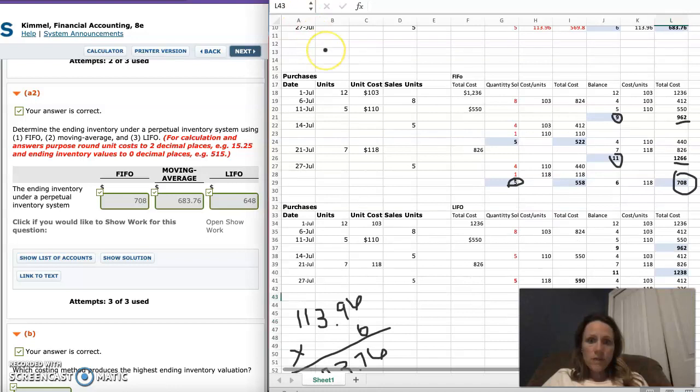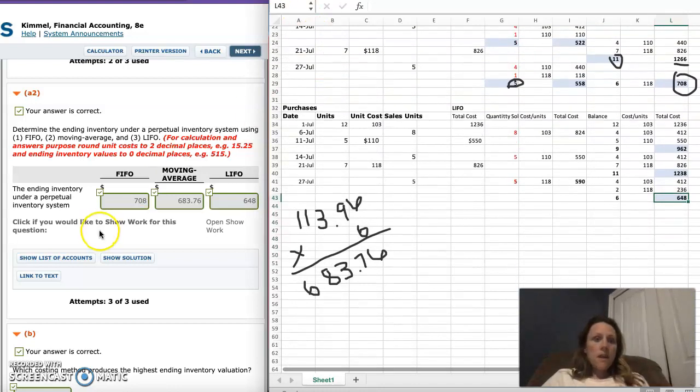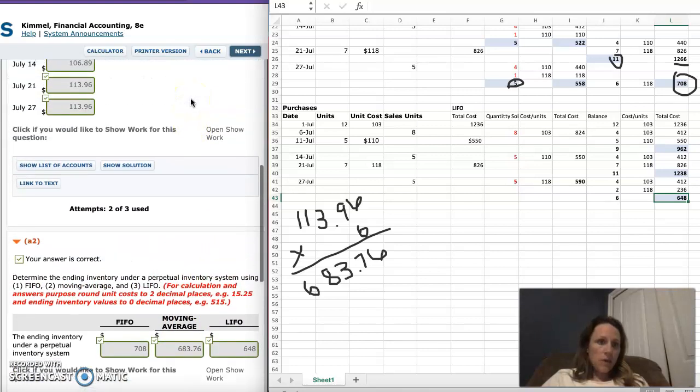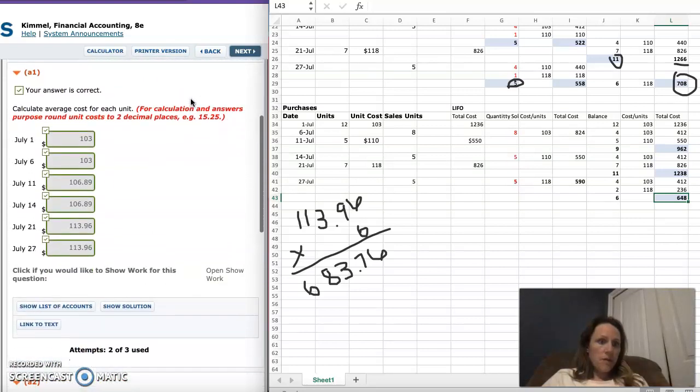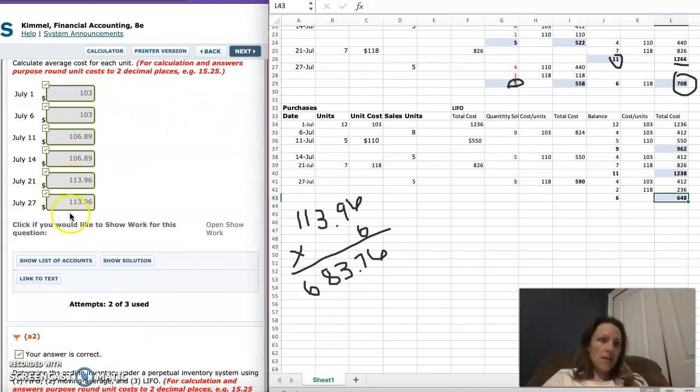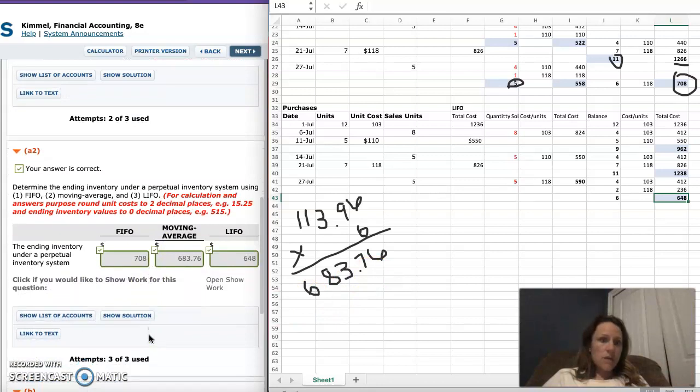Okay, so then we'll move down. The moving average is really simple. We already calculated what the average cost per unit is at the end. And so we know that we have 6 units left over. So then we just take the 113.96 and times that by the 6 units left over, and we get 683.76. So that would be our ending inventory